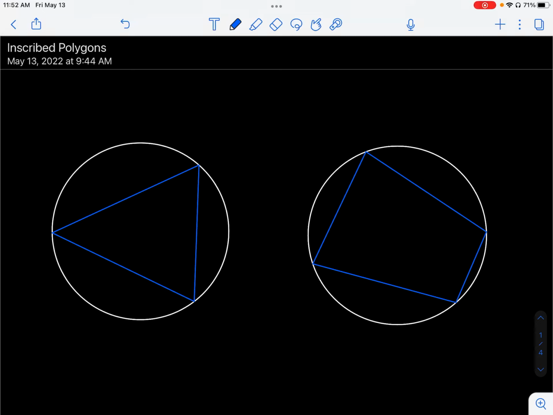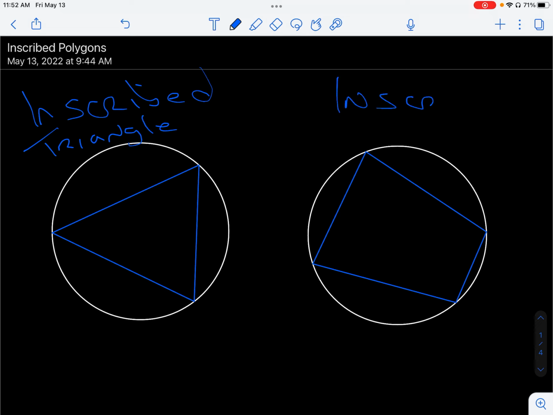All right, last time we talked about inscribed angles. Now we're going to talk about inscribed polygons. An inscribed polygon is a polygon in which all of its vertices lie on a circle. On this side over here, we have an inscribed triangle, and over here we have an